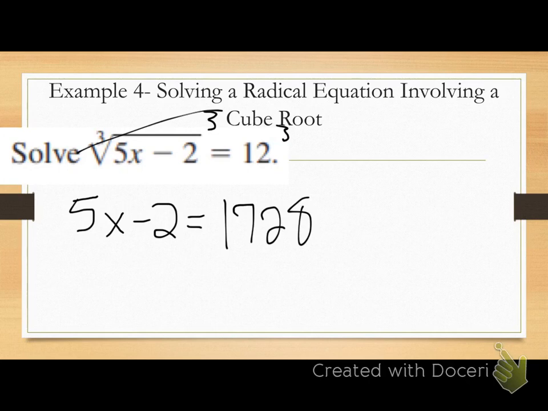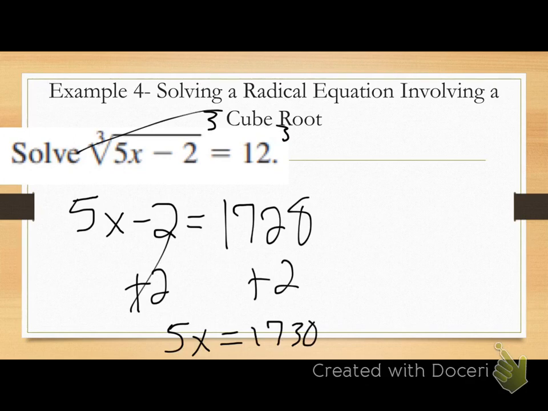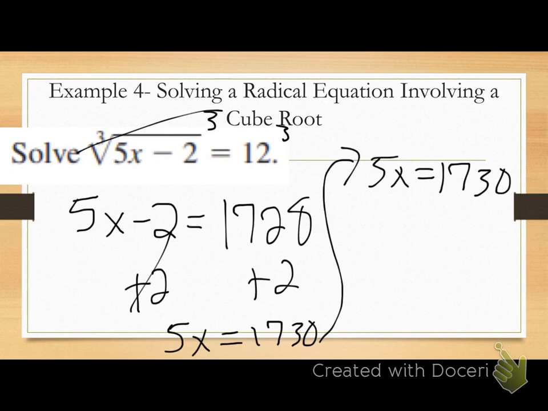And now, I don't have any radicals, do I? This is just an equation that I can solve for my variable. What's my first step to get x by itself? Add 2 to both sides. 5x equals, what's 1728 plus 2? 1,730. How do I get x by itself? Divide by 5. I've got 1730 divided by 5, which gives me